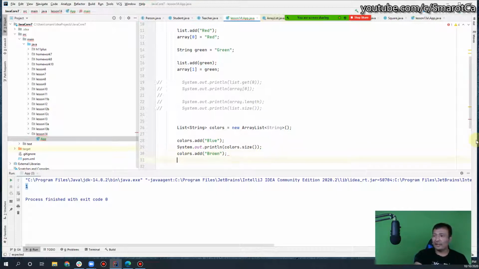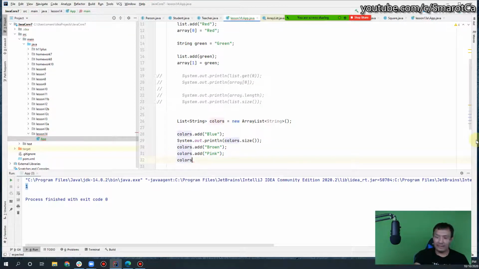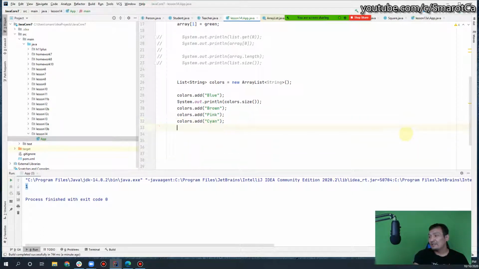Also, let's add colors add pink, and let colors add cyan. So we have colors. By the way, guys, we have possibility to print out directly array, because I mean not